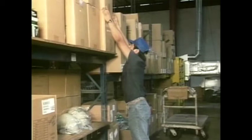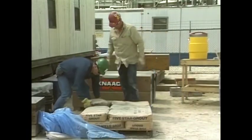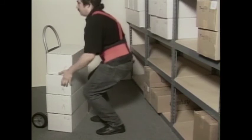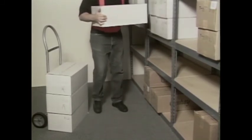Many times we must lift something over our head, so you're going to stretch your arms to reach the object. The best way would be to set the lifted object on a table or other support. Then reposition the object so your arms are doing the lifting, not your back. As a minimum, reposition your grip on the object to keep the weight centered. Arching the back during a lift makes nerve